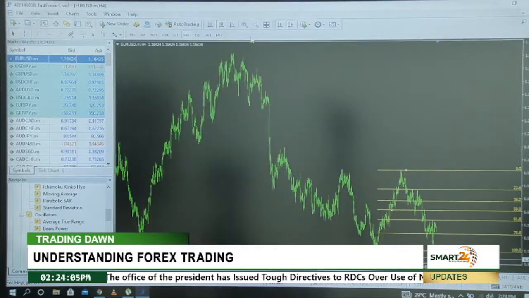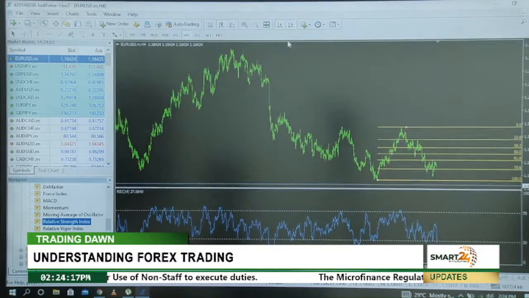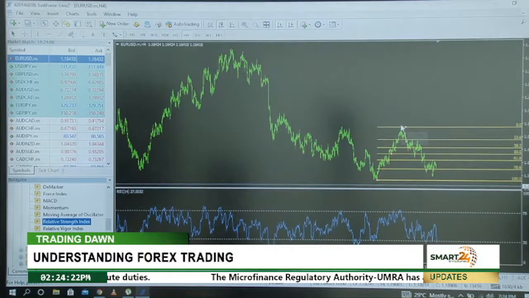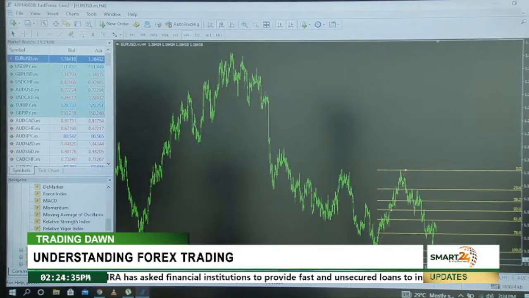Maybe if we get some long-term divergence in the 4-hour chart, it could make sense of what is happening there. If I put the relative strength index, we look at these high points and this low point, maybe it doesn't give us divergence. But anyway, it's just simple price action that is taking place. So price is moving downwards, and it's quite interesting. So we just keep on watching this.